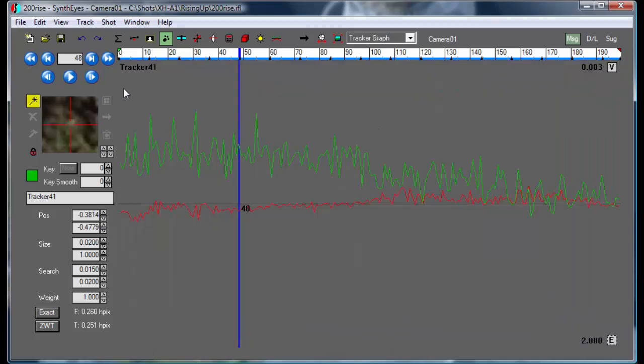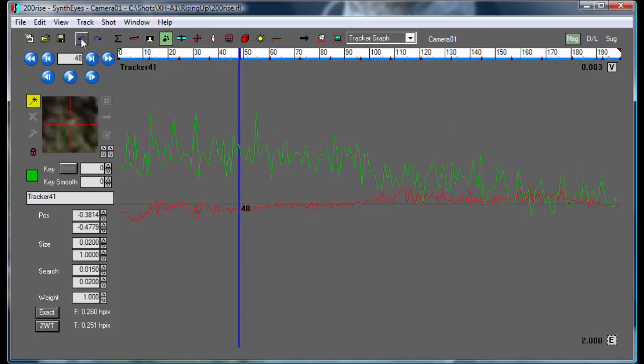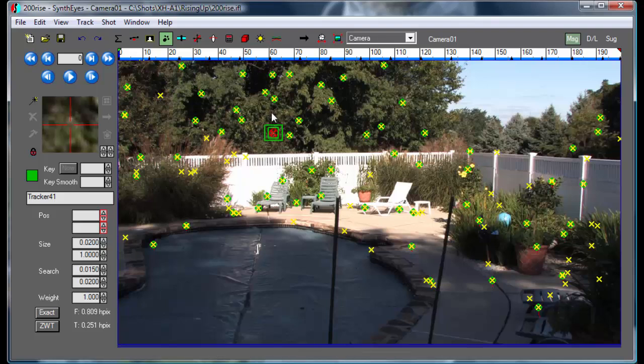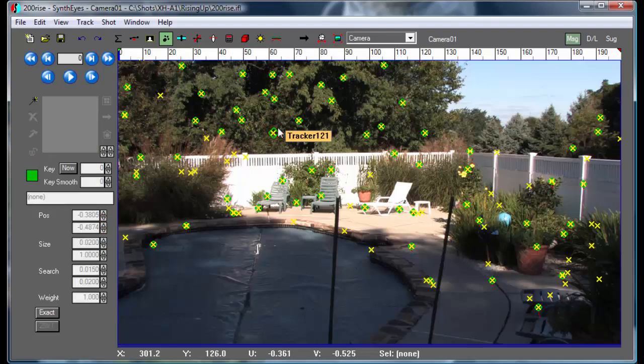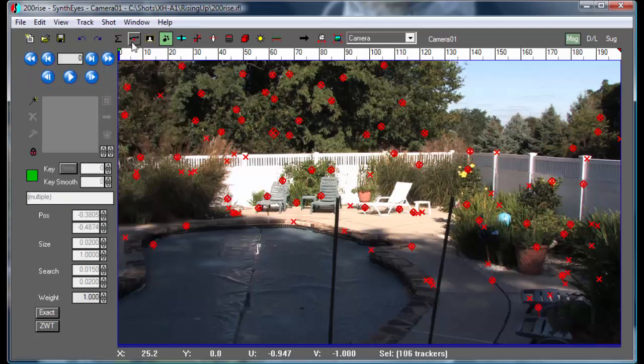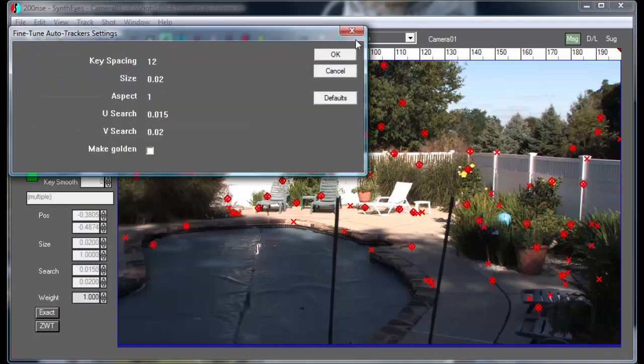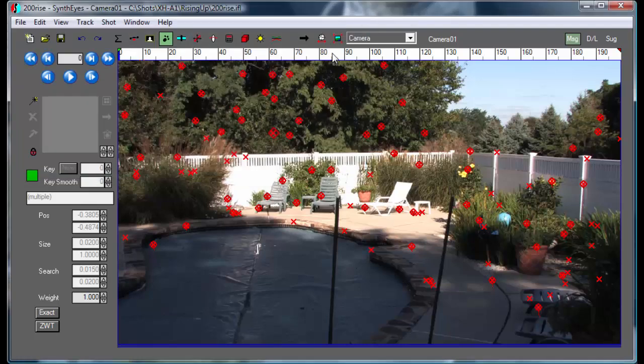So if I go to the tracker graph again, this is the smoothed out, or fine-tuned, version. There's what we had before, here's what we've got now. So we've made some real significant progress here. Now let's go back to the scene, and we'll do away with that tracker. Let's select all of our trackers and run the fine-tuning process on all of them. This is going to take a bit longer, and we'll have more to say about that in the future. But while that's running,